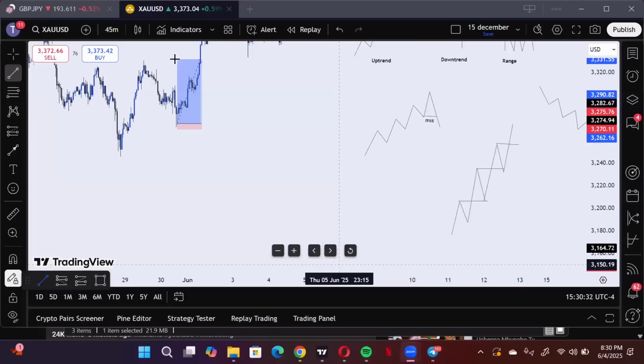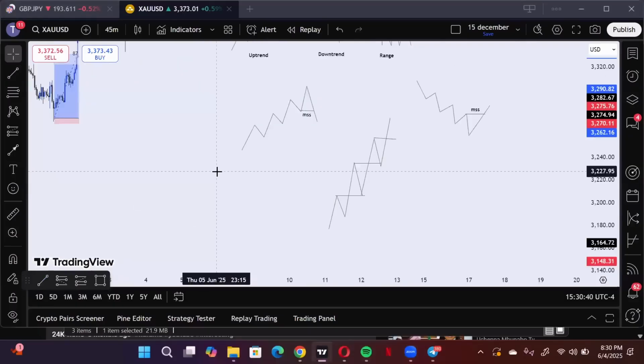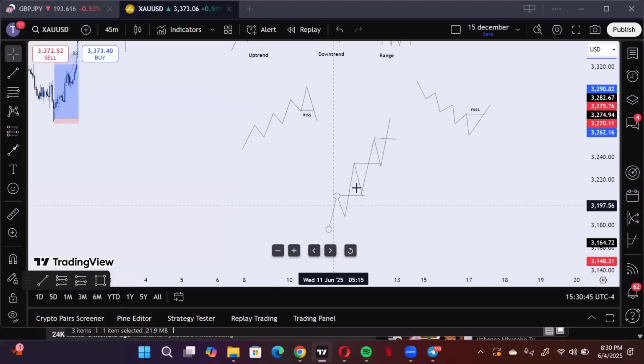All right. So like I said, a break of structure is a scenario where price keeps breaking a key level while maintaining its current trend. You already know the market is on an uptrend. So if the market makes a higher high,